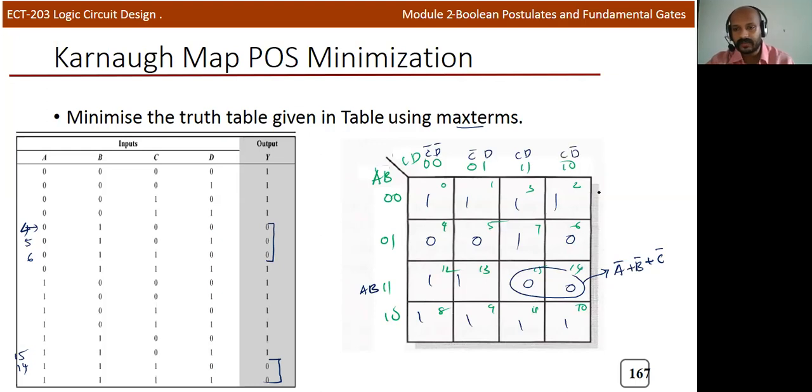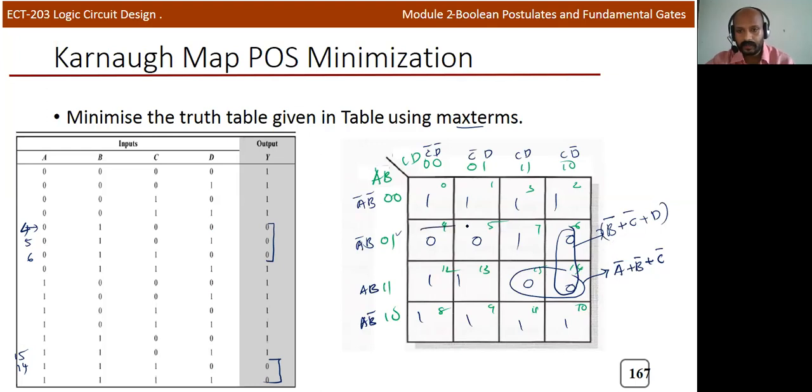When you write the max terms, you write the complement of that particular variable. Here it is A B bar, this is A bar B, this is AB, A bar B bar. Now I can group this term also. If you group this term, the common term in row 2 and row 3 is 1, and 1 is represented by B. So in terms of max, you will write B bar. And column wise, the term is C D bar. So instead of writing C D bar, you'll write C bar plus D, the complement in sum form.